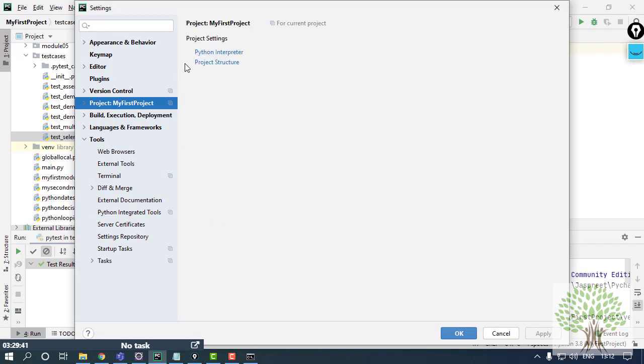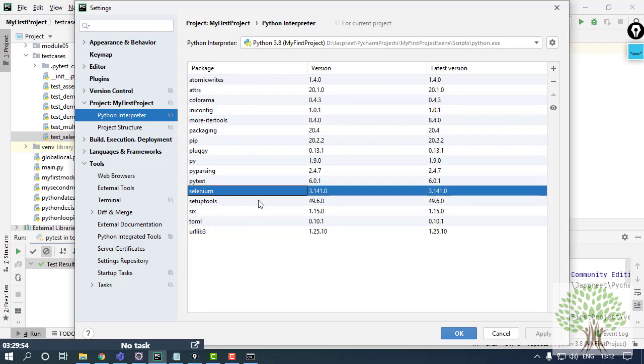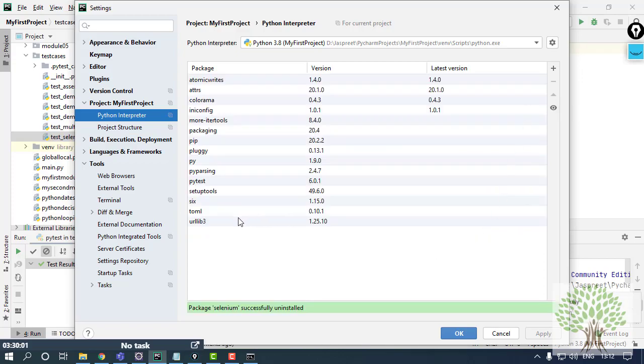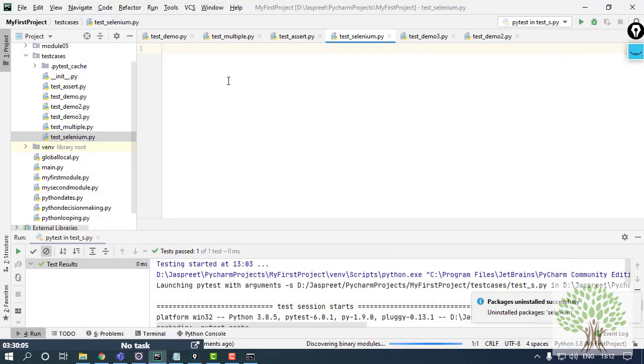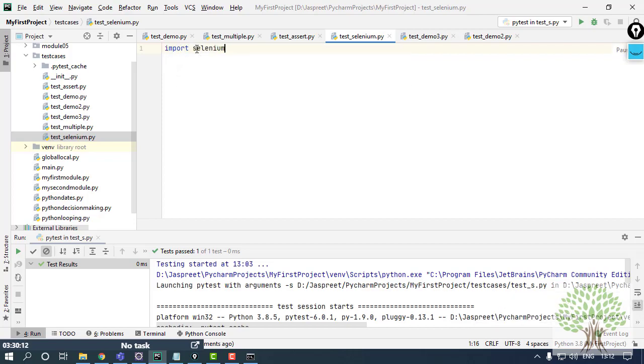Under the project tab you will find the project interpreter, where the list of packages installed in your PyCharm IDE is listed. In my case Selenium is already there, so I'm removing it for the time being. Now the Selenium package is nowhere available. So if I go and write in my workspace import selenium.